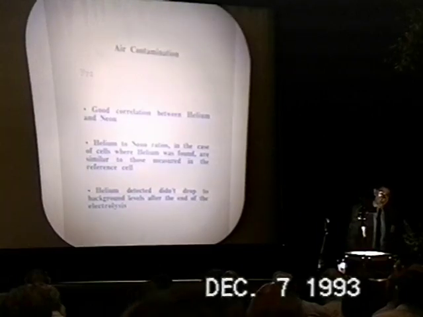This is quite raw. We have, fortunately, a good correlation between helium and helium. So the simplest explanation, of course, is air. We have helium concentrations that are superimposable for both the cell and the reference one. And as we move the apparatus, we do not have any real proof of a drop to background level after the electrolysis. We can either say that we have or we do not have. So we have to balance different